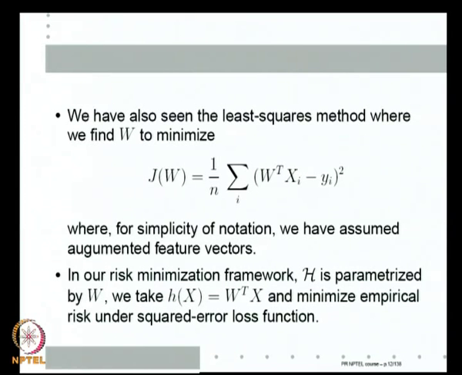Now, our hypothesis space is the set of all functions that can be represented as W transpose x. So, it is parameterized by the vector W and what we are minimizing, this is nothing but the empirical risk for the squared error loss function. This is the output of my function, h of x i is W transpose x i, this is y i. So, my loss function is h of x i minus y i, whole square. So, I am using the squared error loss function. Then J is the empirical risk under the squared error loss function. So, what the least squares method is doing is empirical risk minimization on the squared error loss function for the hypothesis space of linear functions.